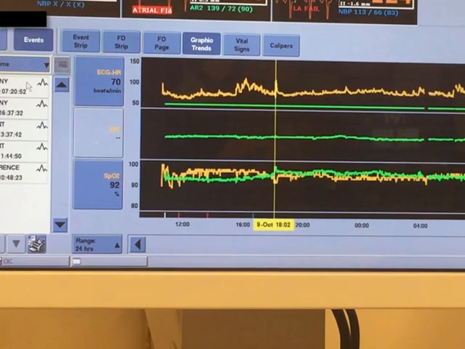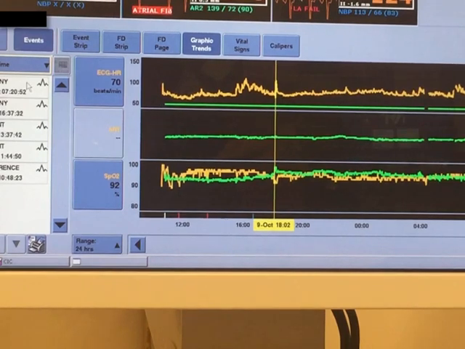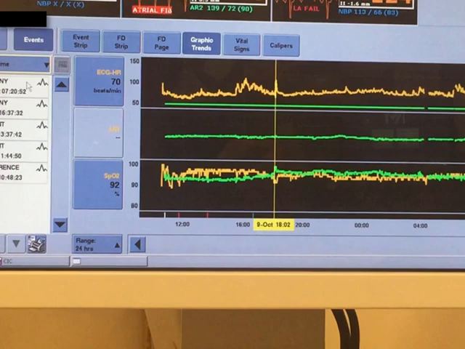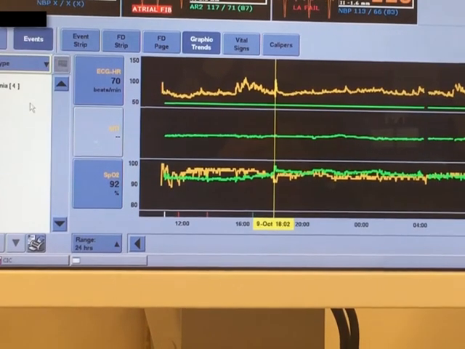Time displays a chronological log of all logged events, which can then be viewed by clicking on Event Strip or FD Strip. It is not uncommon for some patients to have their time log filled with numerous clinical events within a very short period of time. For example, when a patient has persistent atrial fibrillation and rapid ventricular response. This can prevent one from viewing more remote events in the chronological log. When this is the case, it is helpful to go back and search by event type so as not to